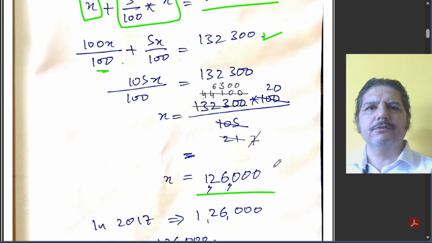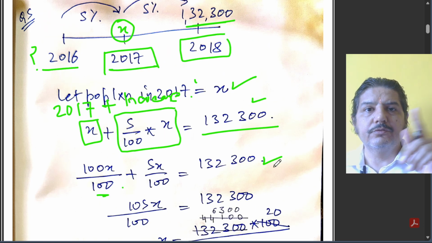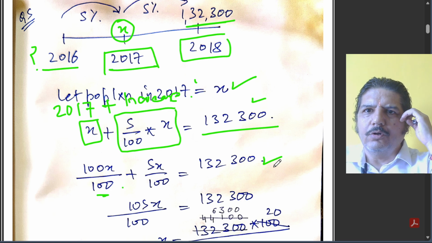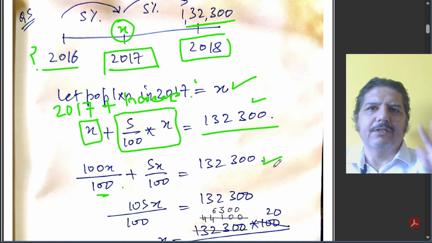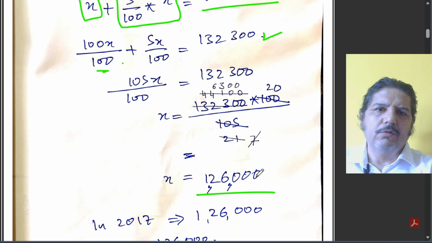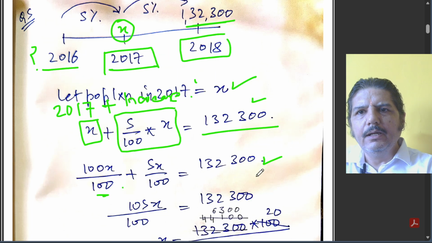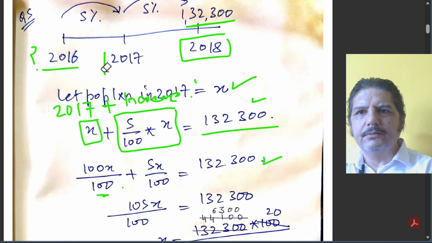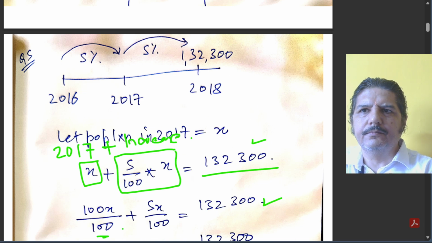Now 1,26,000 is the population of the town in 2017. Please remember, whenever you are doing word problems, always remember what is X. In this case, your population in 2017 is X. So this will be equal to 1,26,000. Okay. Now, once you have found this to be 1,26,000,